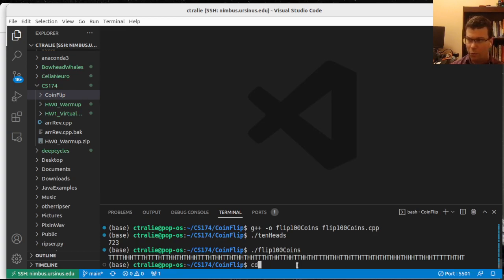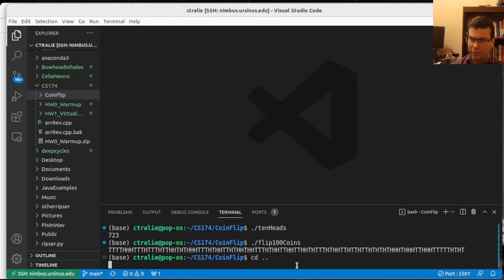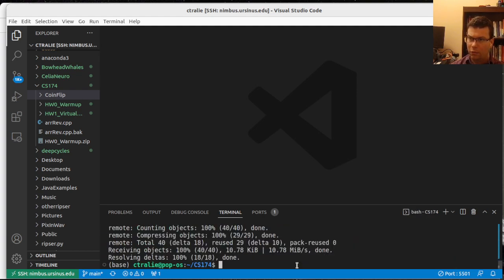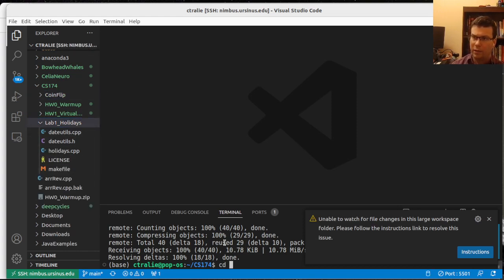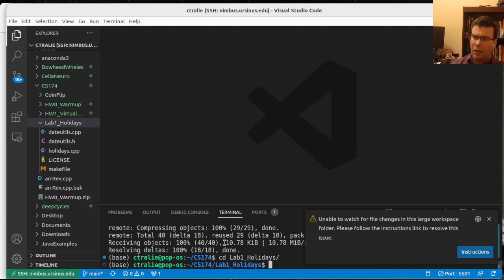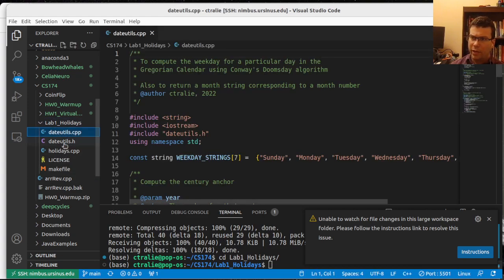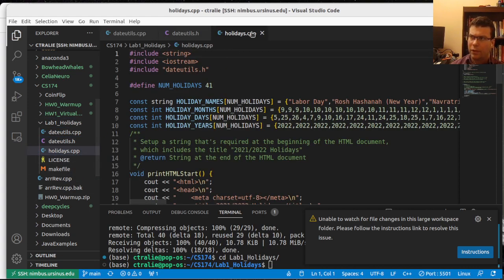So let me go up one directory, so I'll cd .. Now I'm in the CS174 directory. And I'll go ahead and clone the lab. All right, now there's the lab. Let me cd into that directory. And I just want to look at some of the files that are here and to talk about them a